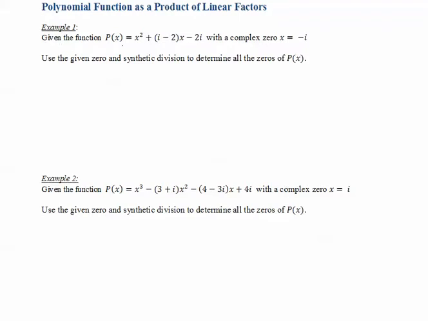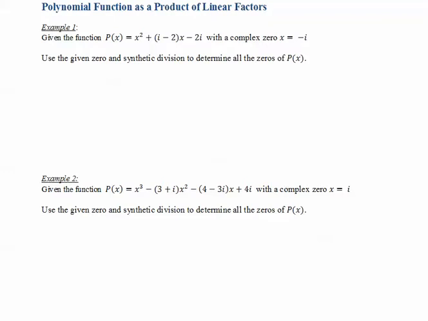Given the function p of x equals x squared plus (i minus 2) times x minus 2i, with a complex zero x equal negative i. Use the given zero and synthetic division to determine all the zeros of p of x. So we want to know all the zeros of p of x using synthetic division. Of course you could factor this by distributing x and factor by grouping, but we're going to try to use